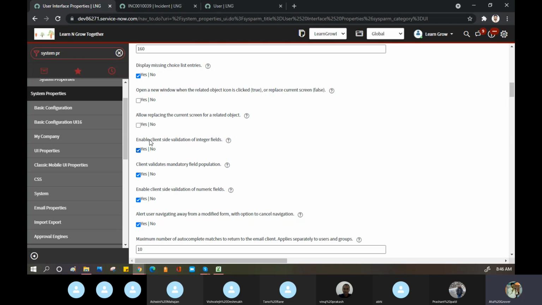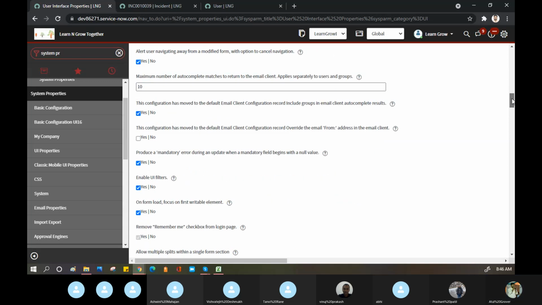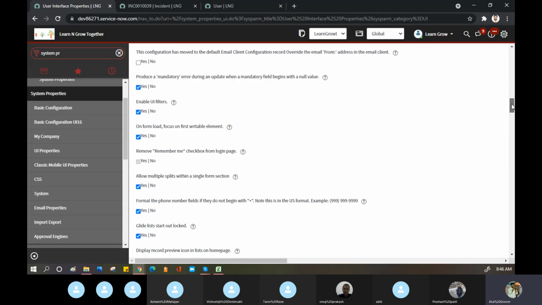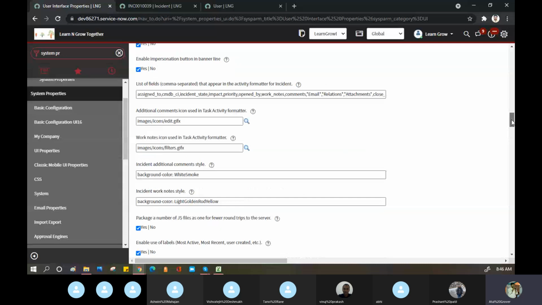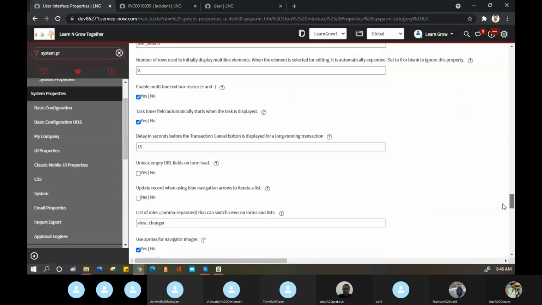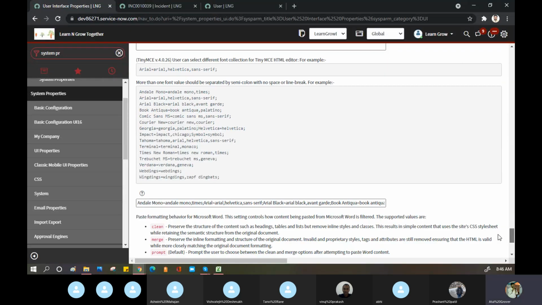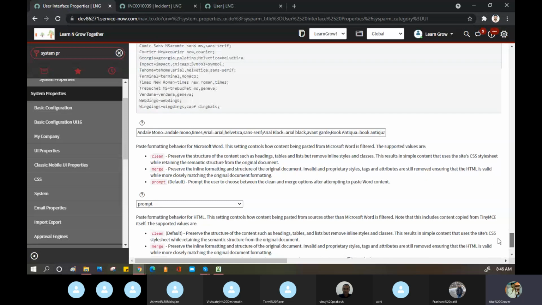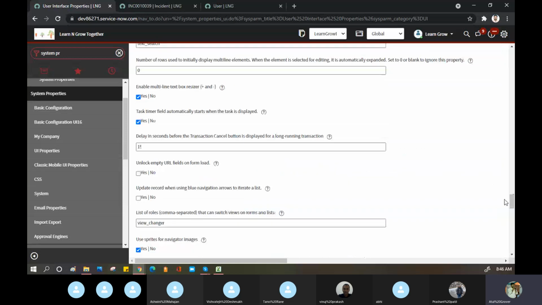Make sure these are always yes, because these are out of the box given by ServiceNow. Many things you can do at your end because it's a very big list. Even I don't know a lot of things here. So try to read all of them at least once, and then you will come to know the proper things in the property part.